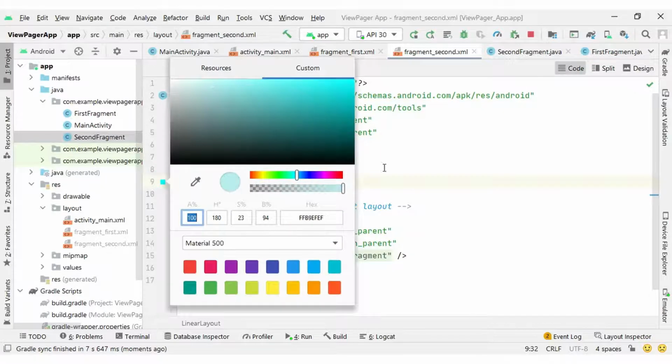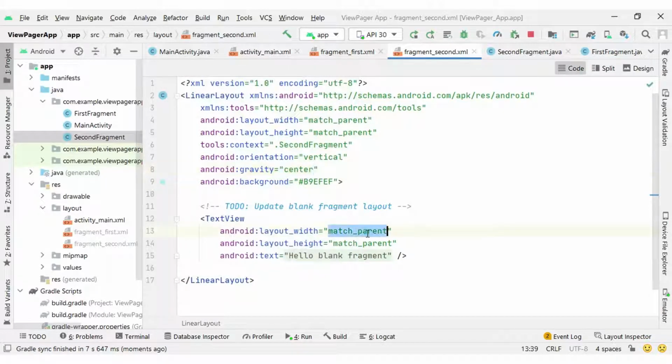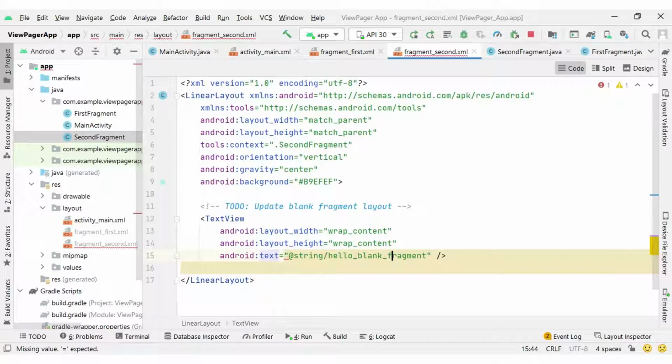This is my second color for the second fragment, and the TextView with wrap content width and height, and the text property I will set as Second Fragment here.